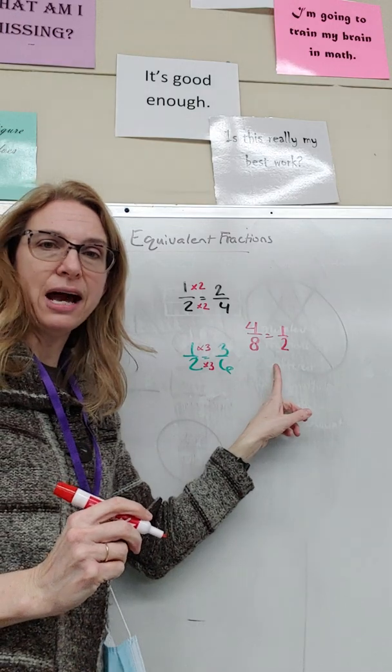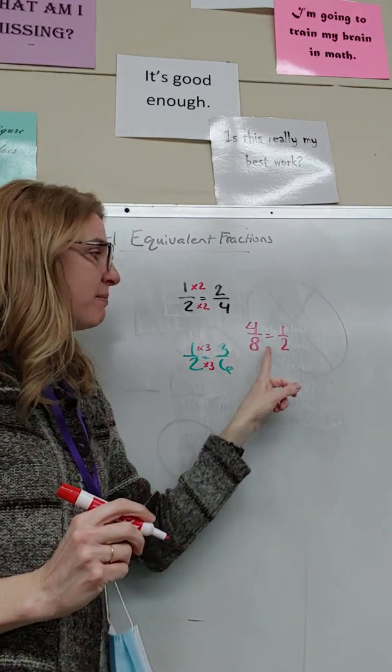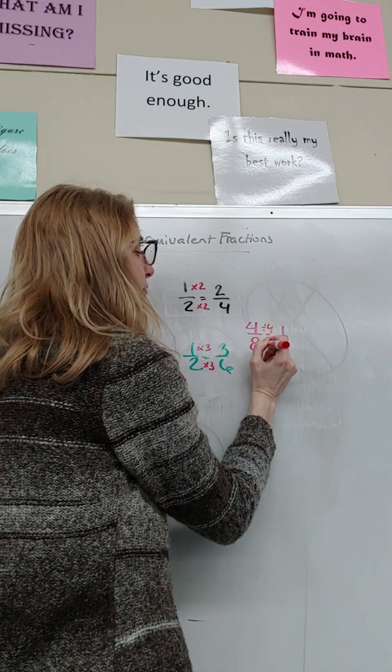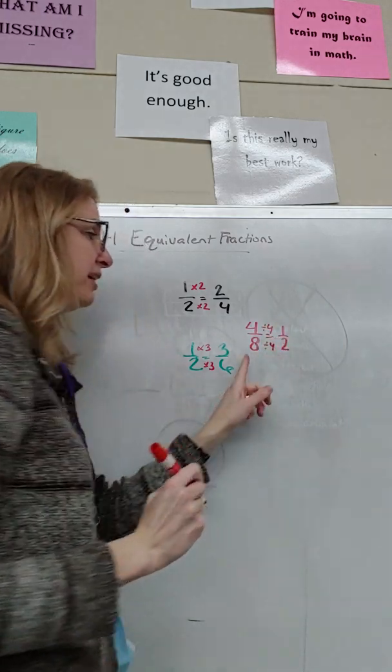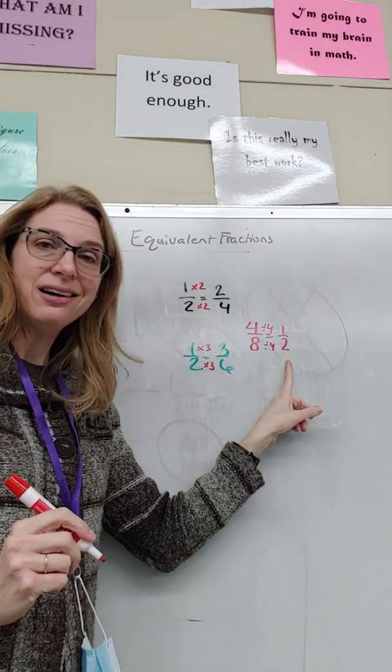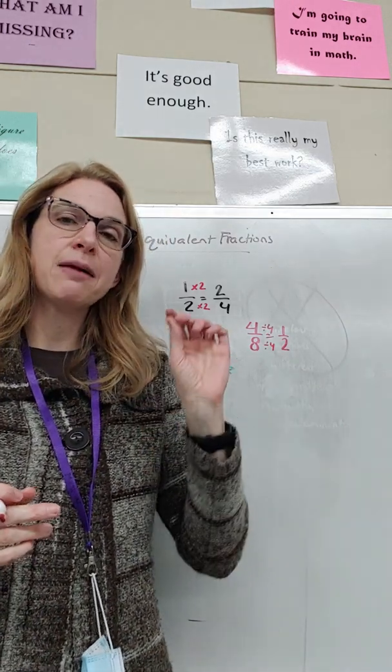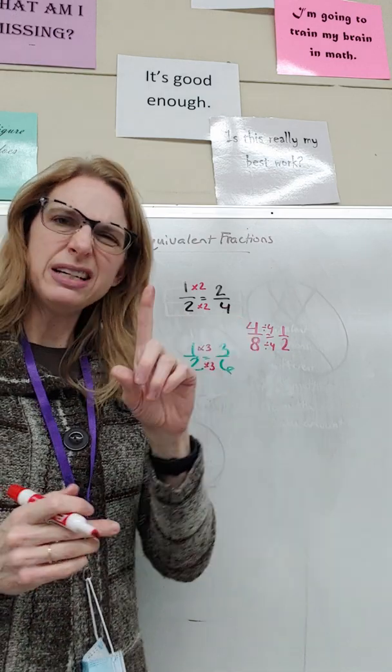4/8 equals 1/2. Well, now I'm not multiplying, but could I divide? Divided by 4, divided by 4 to get 1/2? Yeah. Okay, so I can make an equivalent fraction as long as I multiply or divide. We didn't talk about that, numerator